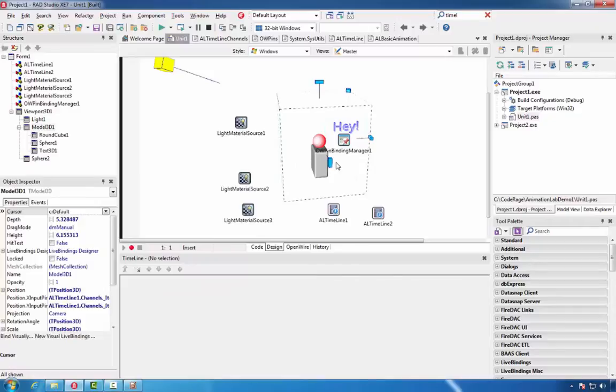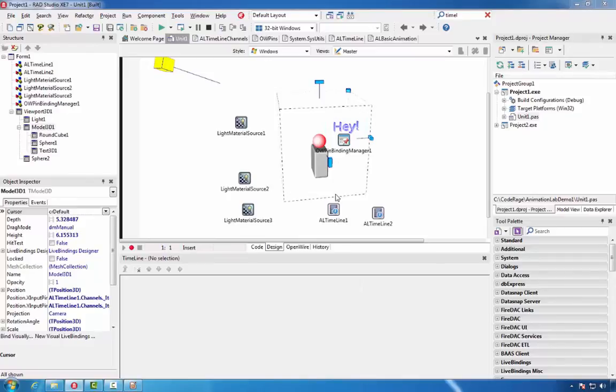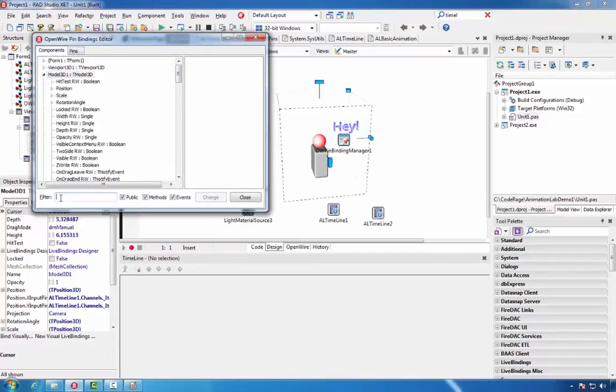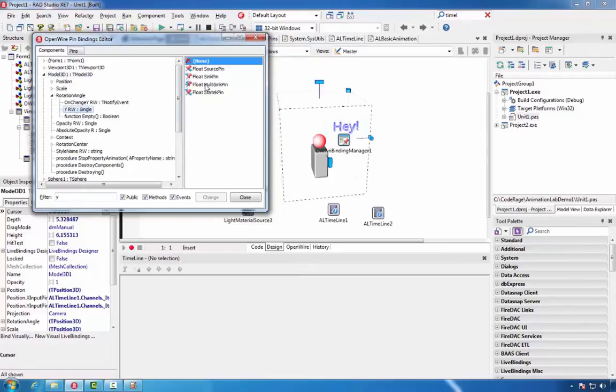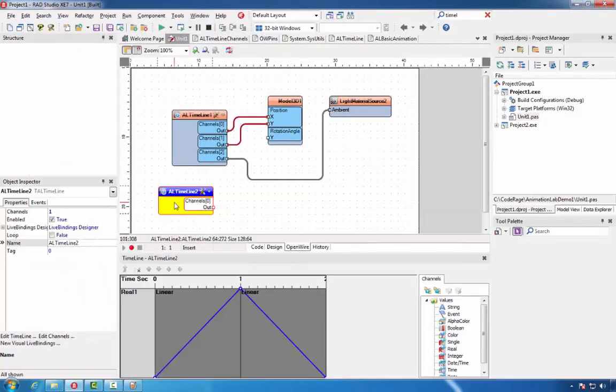Next, we'll select again the model and we'll add new Visual Light binding for it. In this case, we'll add rotation angle over the y-axis. And in the OpenWire editor, we'll connect timeline 2, channel 0 to the Y rotation angle.